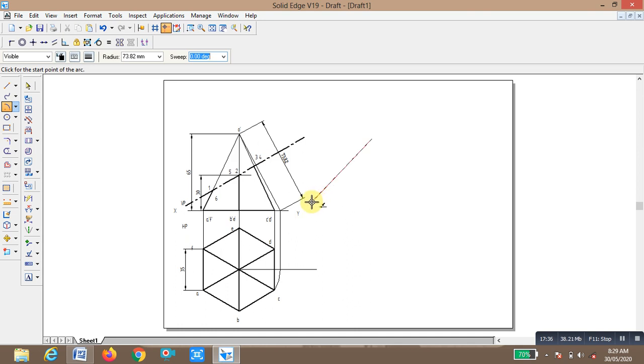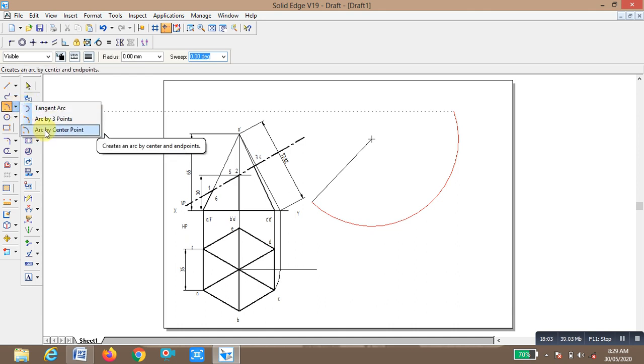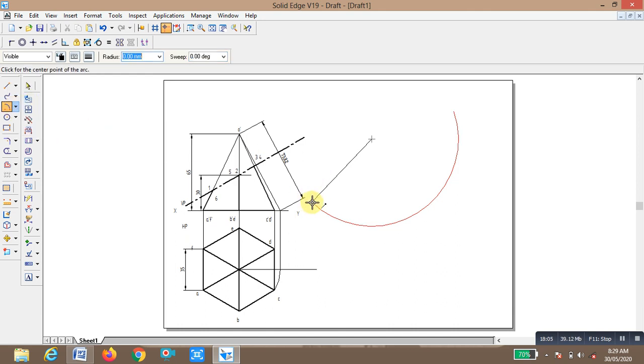Now we have to cut this arc into 6 divisions. We are making 6 divisions because it is a hexagon of 35 mm side. So go once again to arc by center point. From this point we have to cut the arc by center point, 35 mm, enter. One arc.